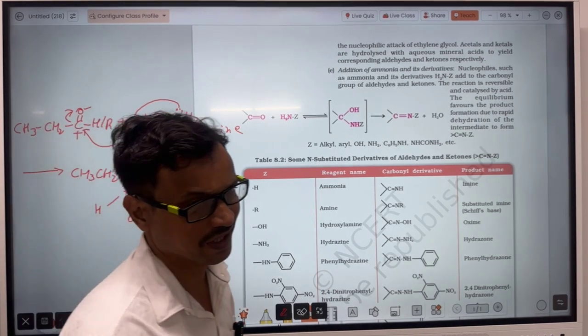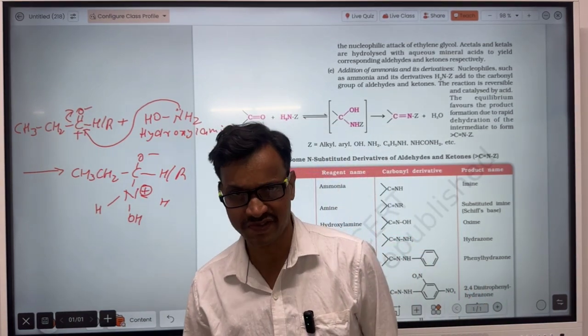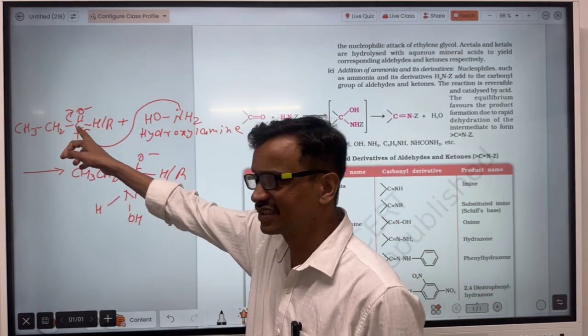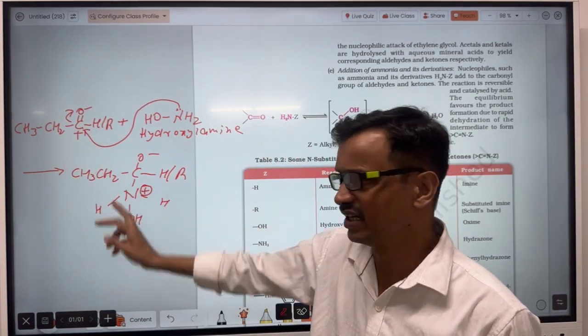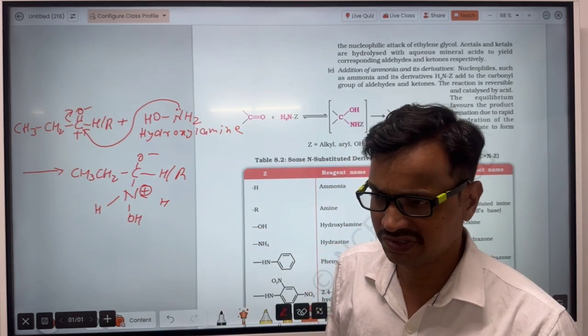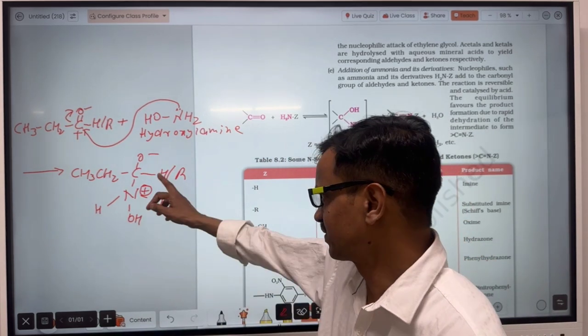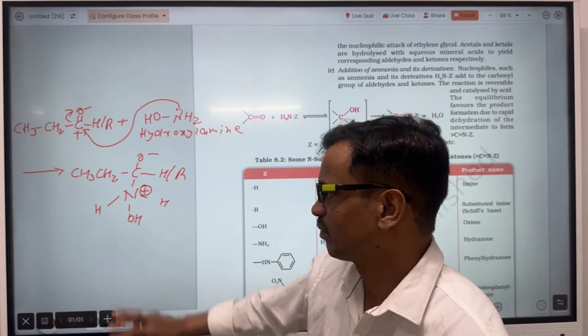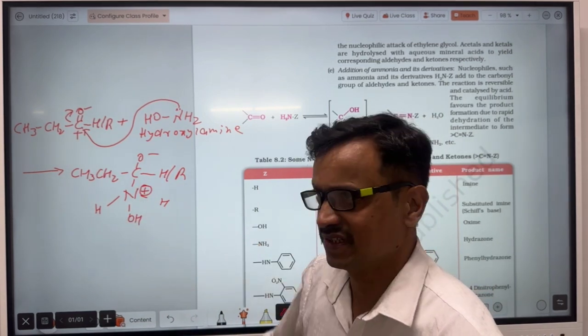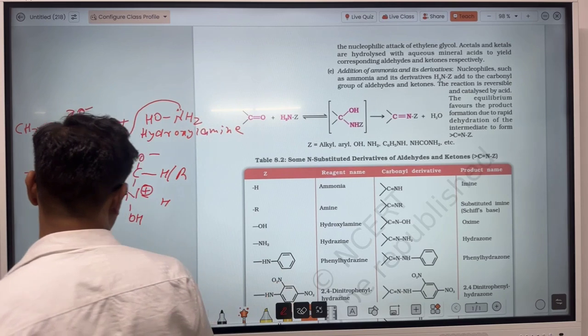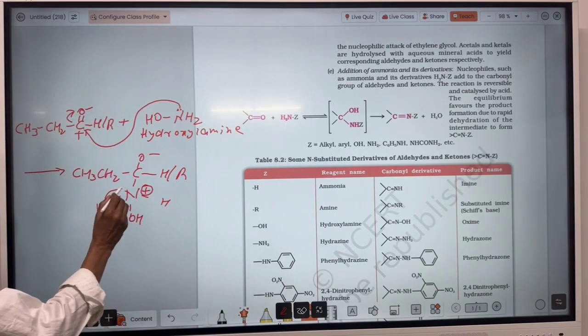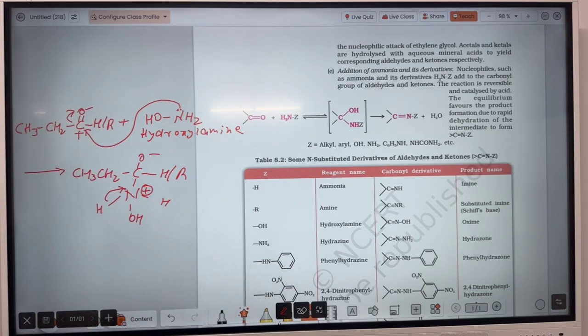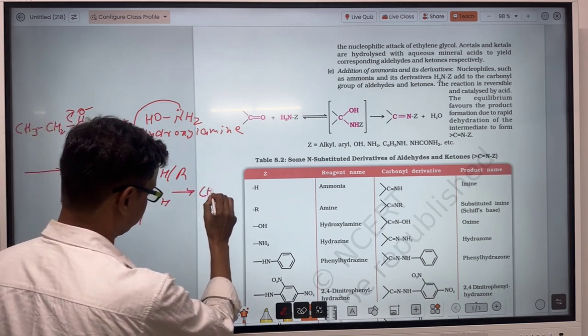Recall, why has the positive charge appeared on the nitrogen? Because the nitrogen has donated one electron to this positively charged carbon, and through the other electron it has done bond formation. So there is a loss of one electron for this nitrogen. So that's why one unit of positive charge has appeared on this nitrogen. Then this nitrogen will take the sigma electron here. So this H plus is released, and it will combine with this oxygen. So that becomes OH. So the product will be